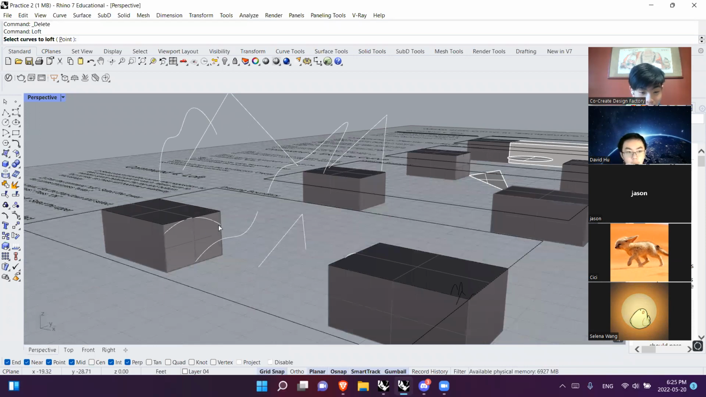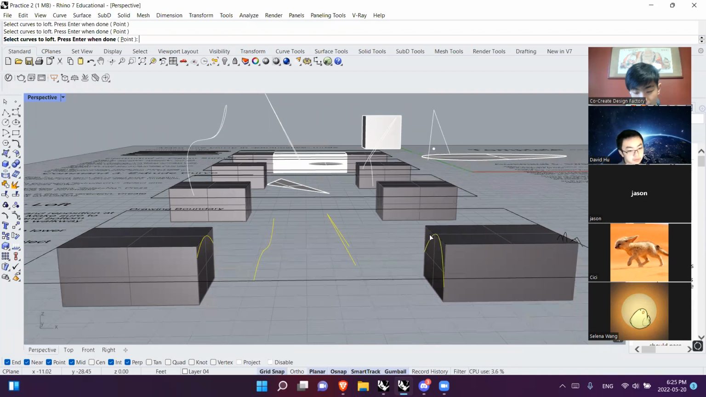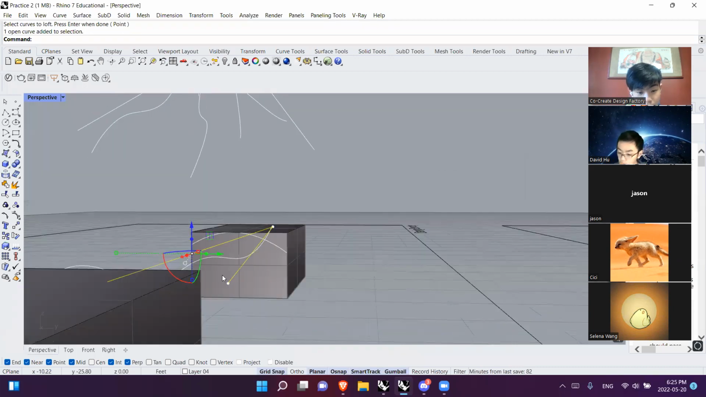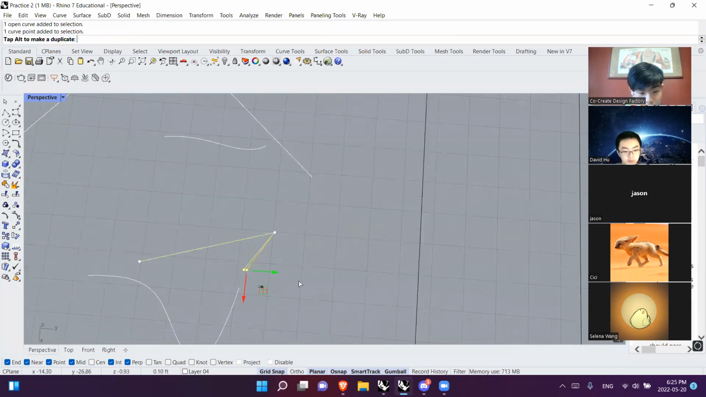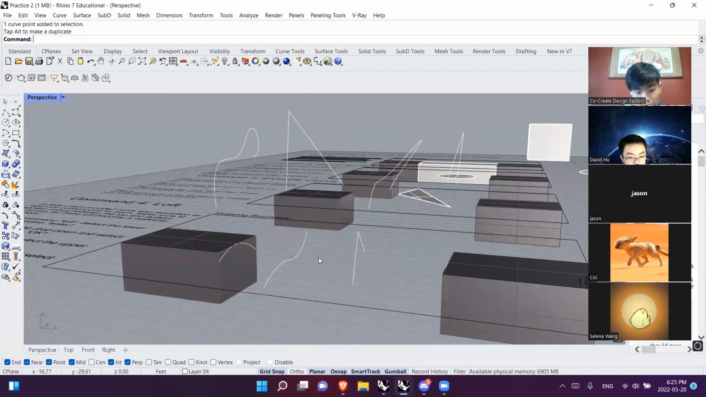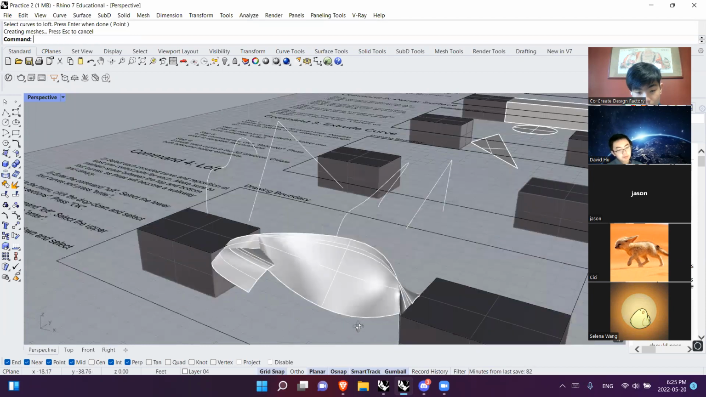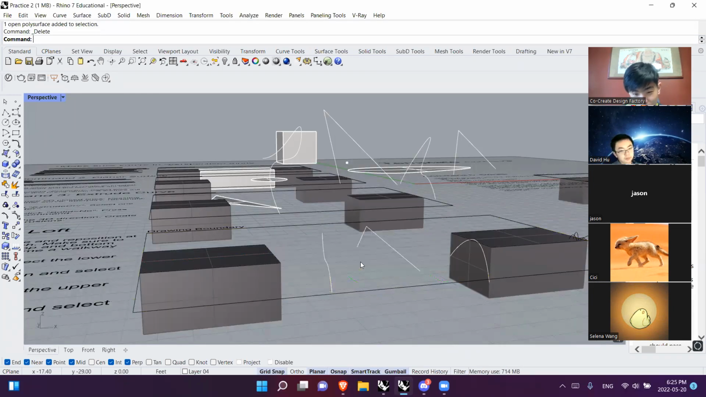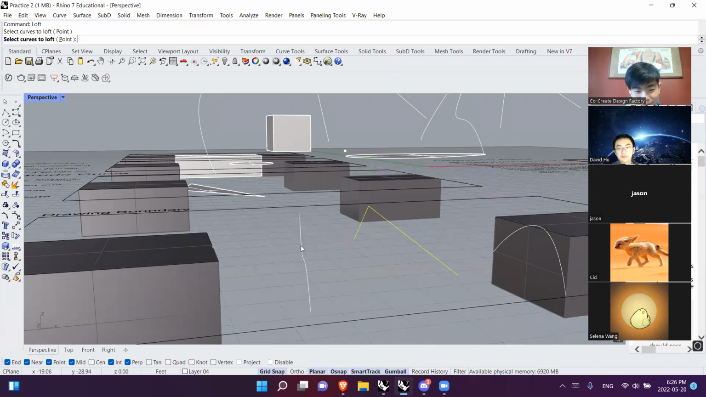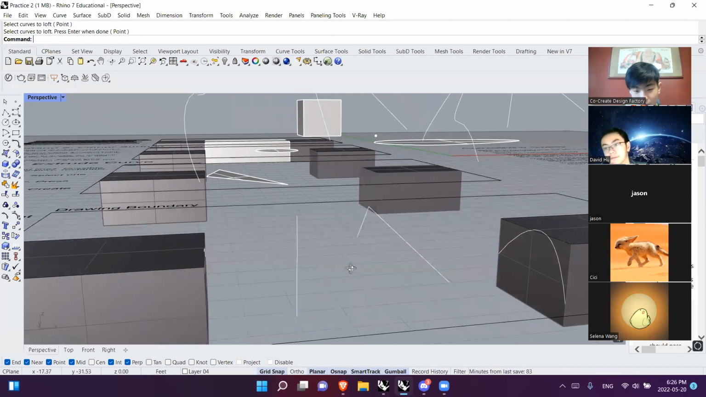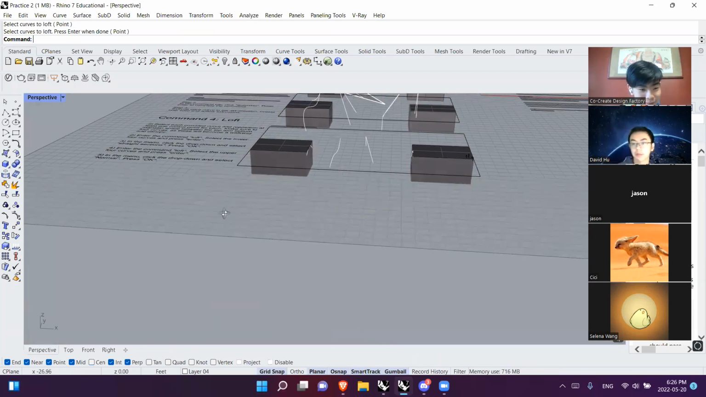So loft 1, 2, 3, 4. Yeah, this should work. Oh, it's not working. Let's see. Let's make this somewhere here. Loft. Okay, you know what? We're gonna loft 2 curves for now. Oh, okay, that didn't work. Let's try these 2. Oh, well, I guess my Rhino is broken, but you should have, like, let's just make one on the spot